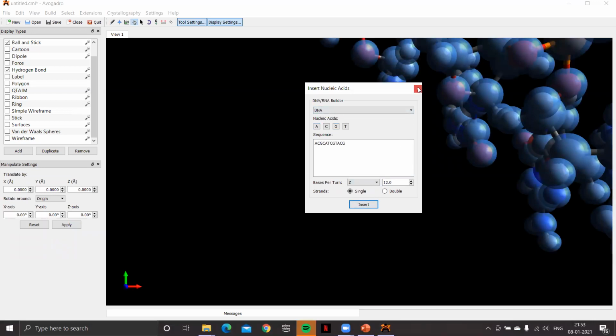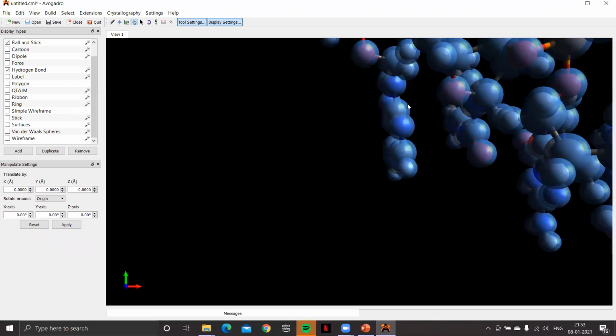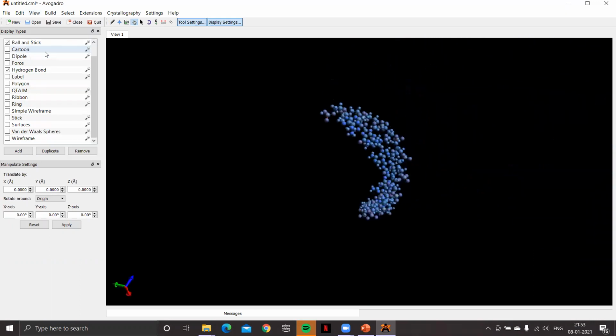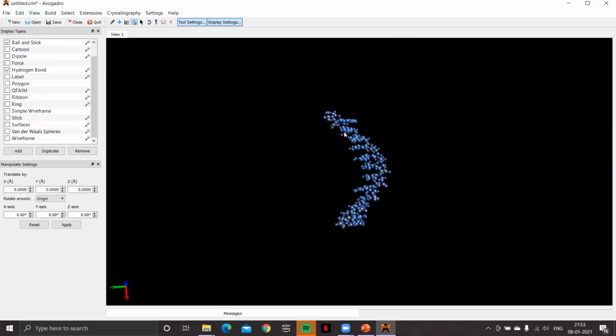close this window. Now you have large number of atoms, so you might have difficulty in rotating the biopolymer. So take the help of view menu, click on the center. Okay, you got that. Again, because right now you can see that it's not a